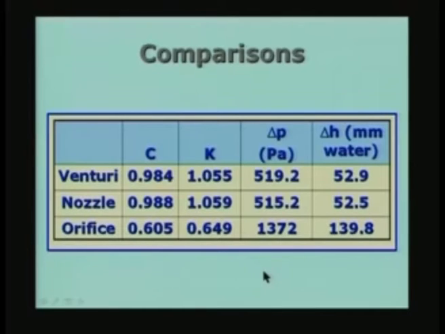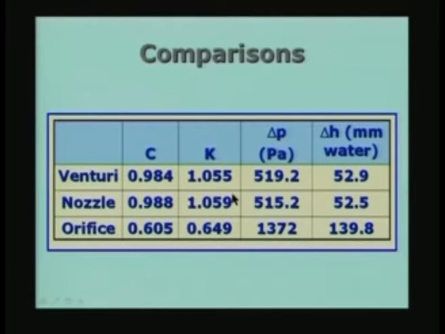So, if I look at the comparison of the venturi, nozzle and orifice, the values of C are determined, and in fact, you remember in example 38 I had 0.984. For the nozzle I use the appropriate expression which was given in the earlier lecture. So, this works out to be 0.988. For the orifice it comes to 0.605. These three cases correspond to Reynolds number equal to 3.33 recurring multiplied with 10 to the power of 5. This is for the highest